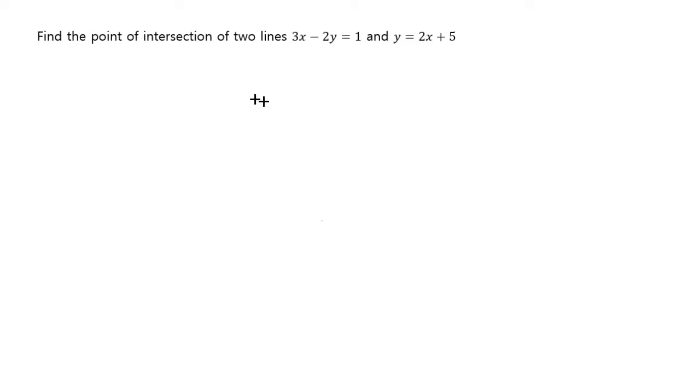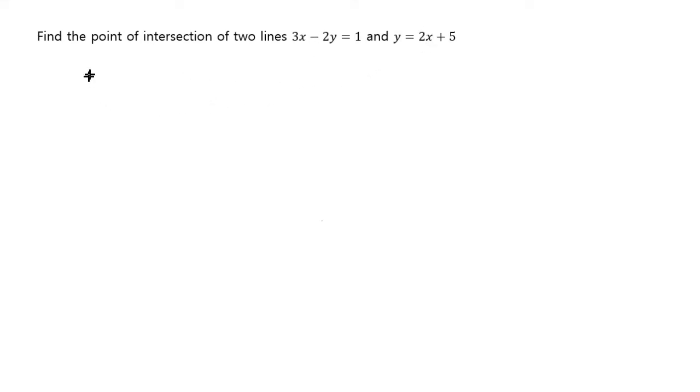Find the point of intersection of two lines, 3x minus 2y equals 1 and y equals 2x plus 5. So it could be lines or it could be something more complicated, but whatever it is, if you're given two graphs and you want to find a point of intersection, that means you're looking for a point which satisfies both